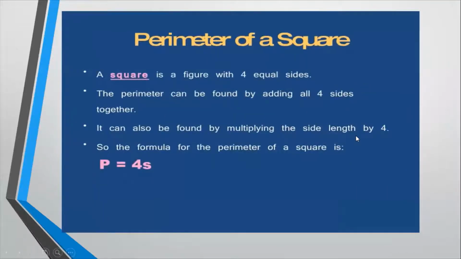All right. Now, coming to the shape, perimeter of a square. Perimeter of a square kya hai? A square, children, is a figure which is having all four sides equal. All of you are knowing it. Raise your hand if you know that the square is having all four sides equal. I want to see how many of you are knowing it. Very good. Excellent. So many of you are knowing.